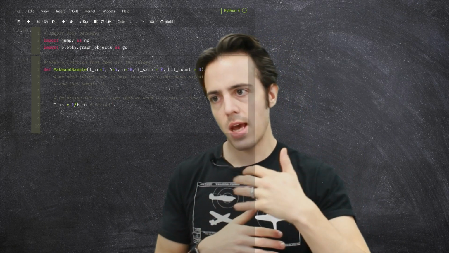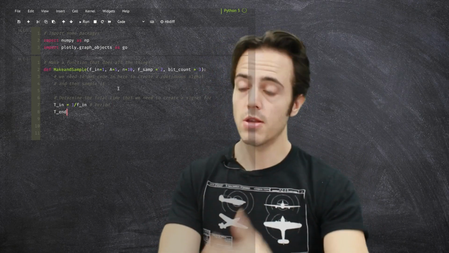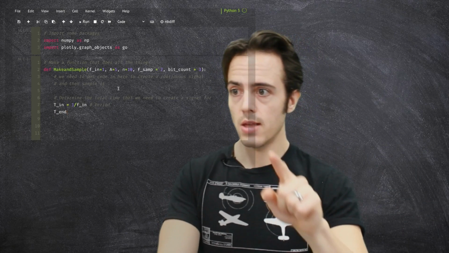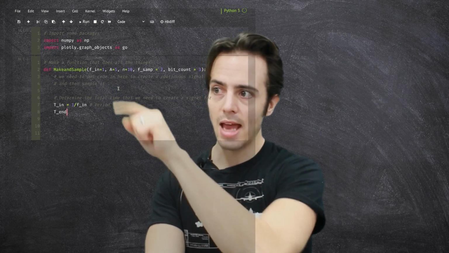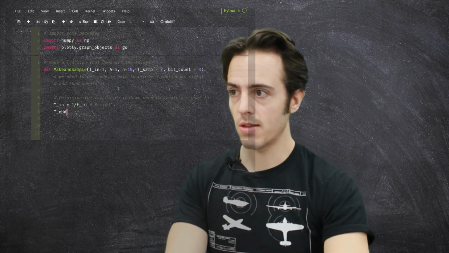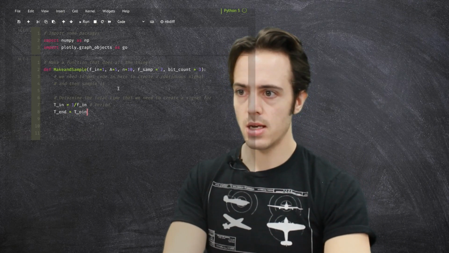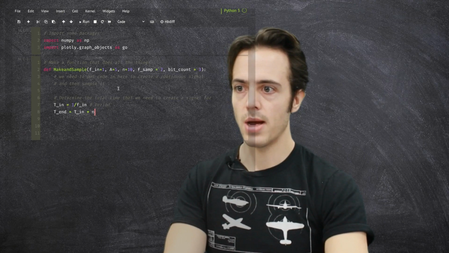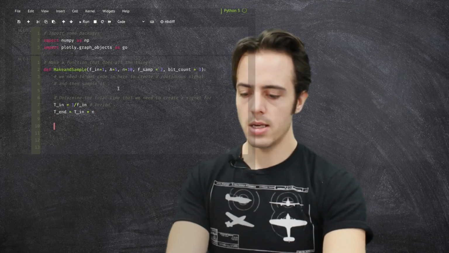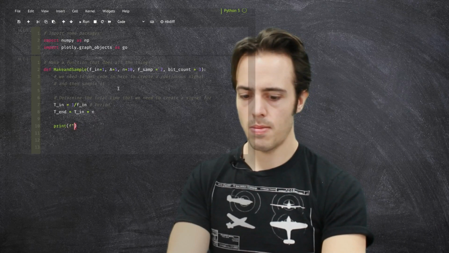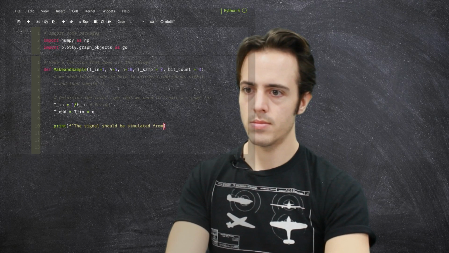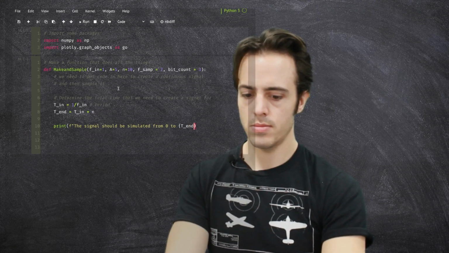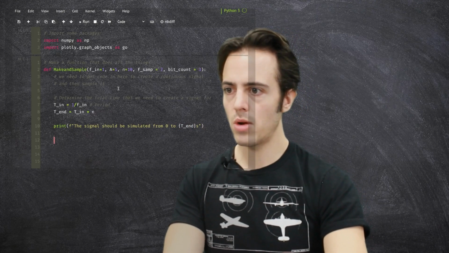And then I'm going to say that the end time, so we'll say t end, which is the time that we need to go to, is going to be this number, whatever the period is, multiplied by n, which is the number of wavelengths that we need to sample for. So that's going to be t in multiplied by n. So that tells us how far we need to go, and let's just say print. So that's syntax that you should be happy with,